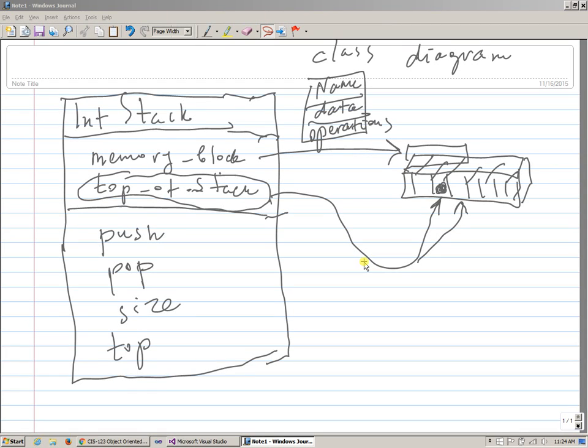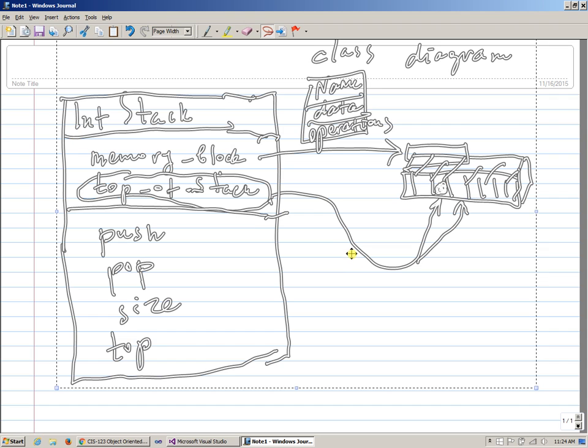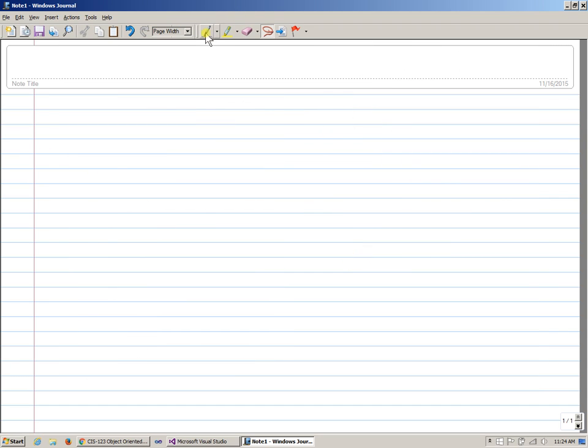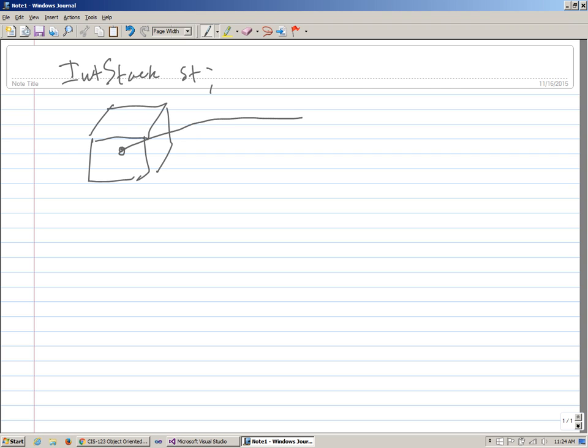So by looking at this picture, I will essentially just redraw this in a simpler form. And now this is no longer a class diagram, but at runtime, when we create an instance of int stack, we may give it a name, like we could say int stack, which we design ourselves, st. So at runtime, this is basically an object which has the pointer to dynamically allocated array of